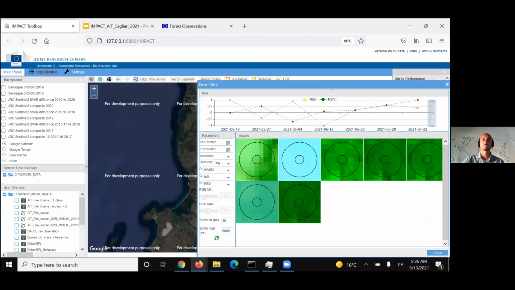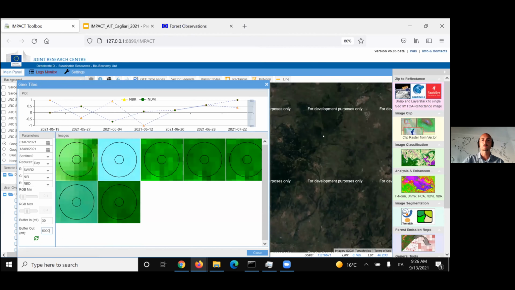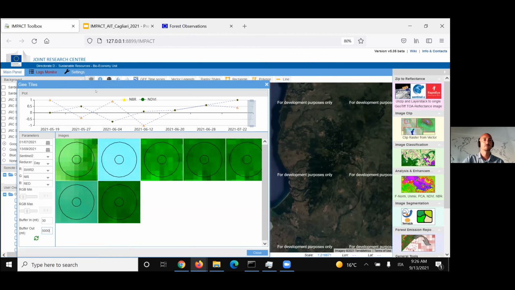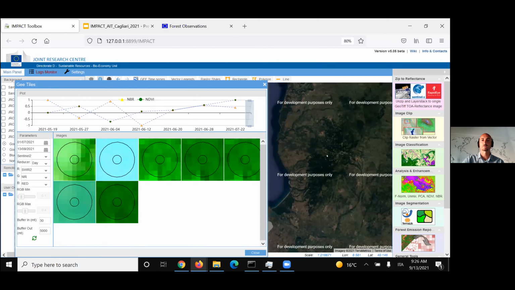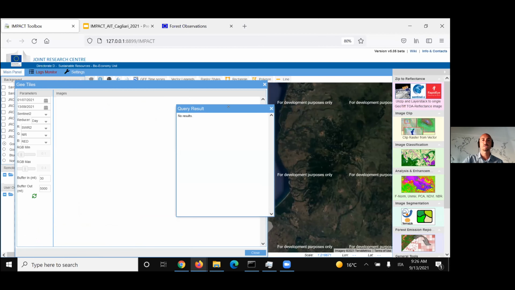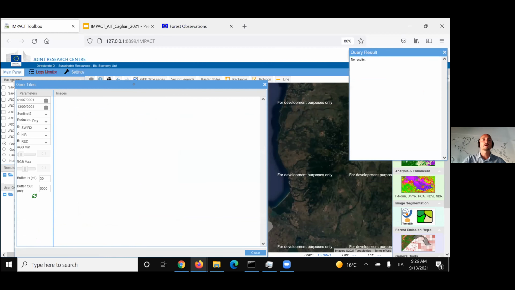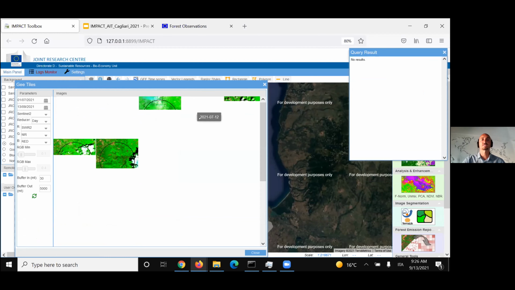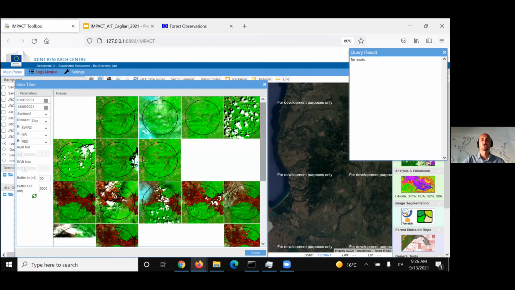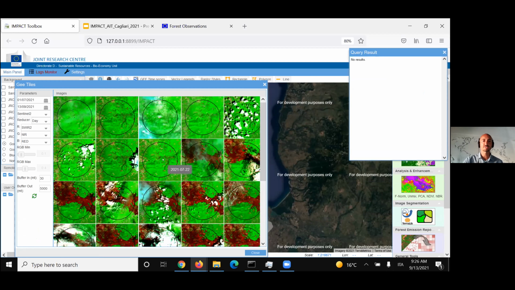So now when I click with the inquire cursor here, what you see, hopefully, is a list of Sentinel-2 imagery showing the evolution over time of the fire. So I can see clearly that on the 22nd of July, there was nothing in this area, but the 25th